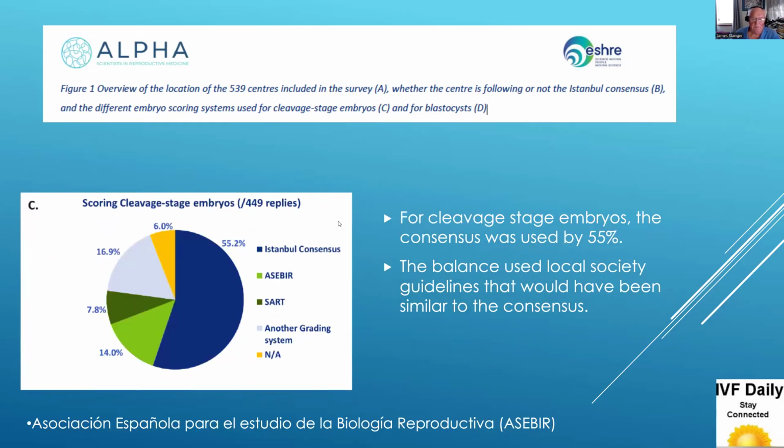If you look at the application of the criteria for cleavage stage embryos, just under 60% used the Istanbul consensus for describing cleavage stage embryos. But Spain, which has a huge IVF history, 14% used their own grading system. The Americans, about 8% used their system. 6% used other, which included ACE, and 6% were not available. So about 55% of clinics use the consensus for describing cleavage stage embryos. It's a different